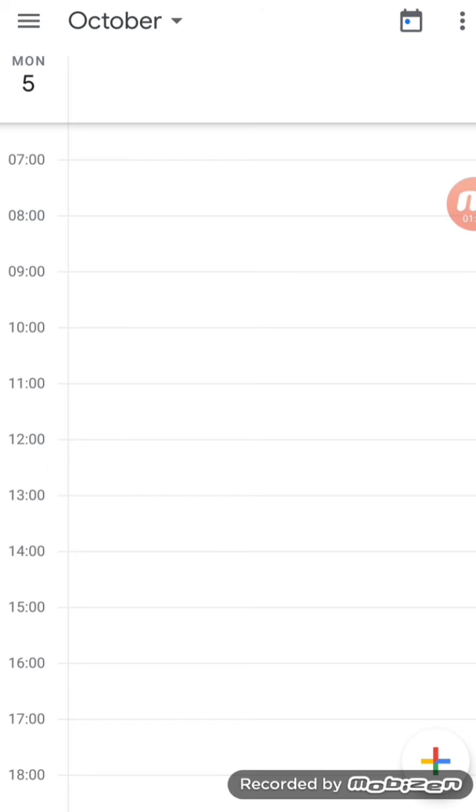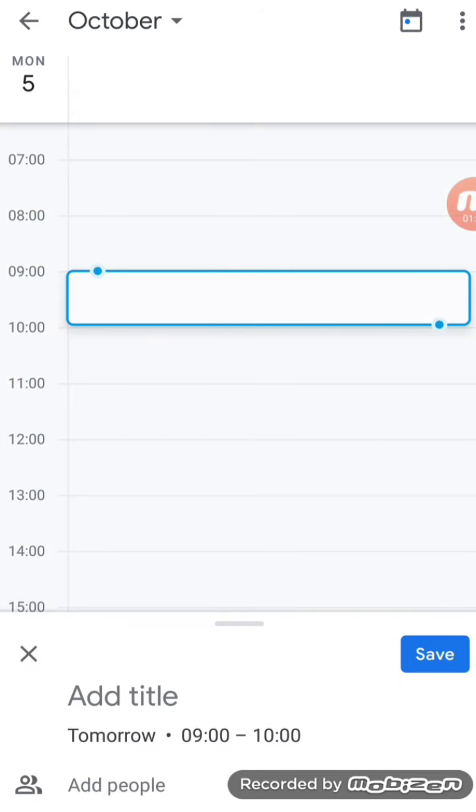Therefore, I will select this event just by pressing over there, and it has been selected. It's written add title, tomorrow 9 to 10. So I can select it from here and add a title, and I can add more things to it, whatever I require in this case.